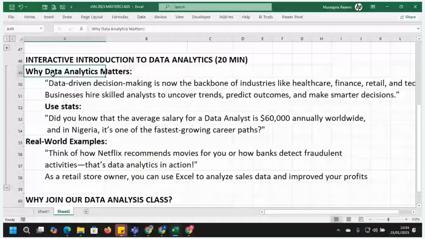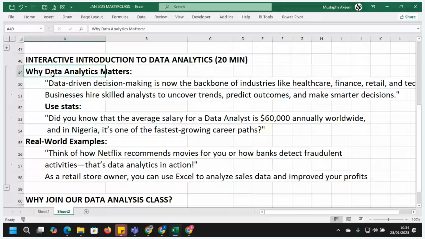Like we all said at the beginning of the class, for those who were able to introduce themselves, data-driven decision making is now the backbone of all industries, not just fintech, from healthcare, finance, retail, and everybody now. We now need to understand what our data are saying. This is not even limited to sales or whatever data we have.